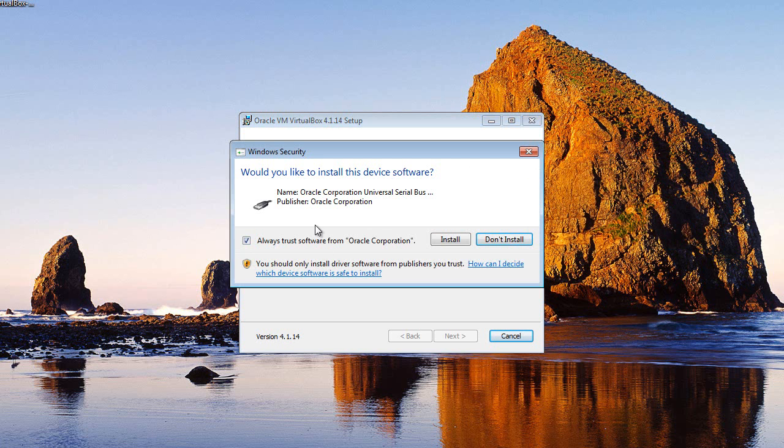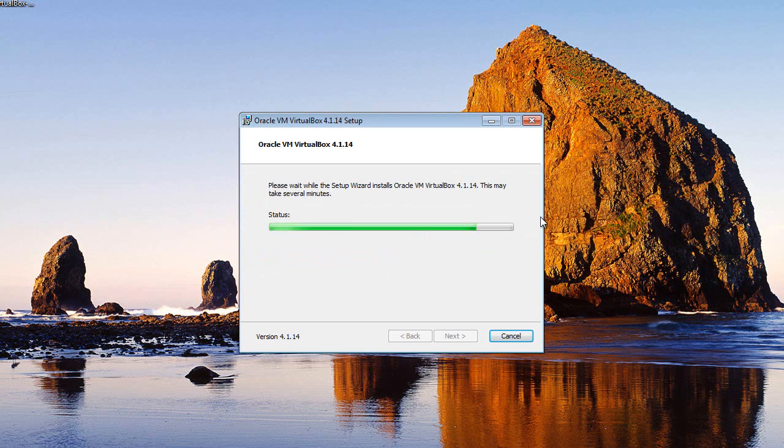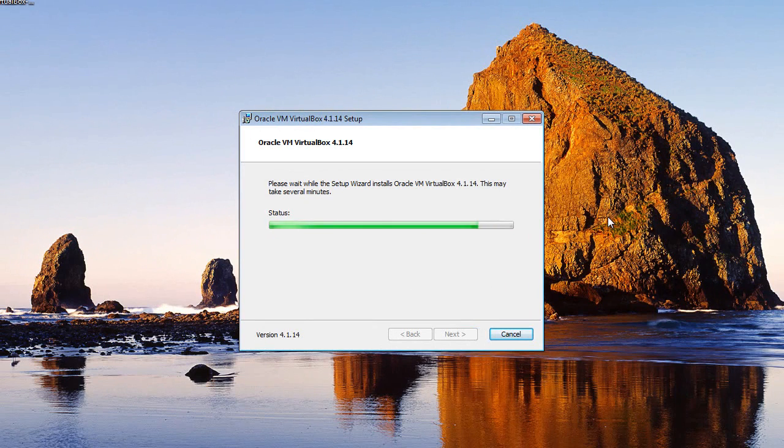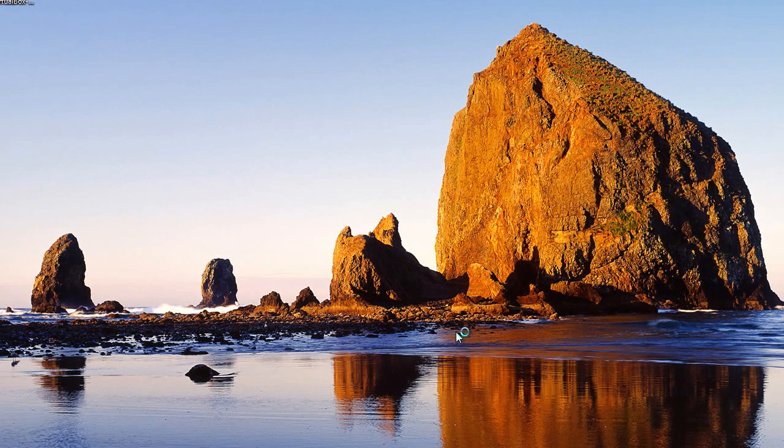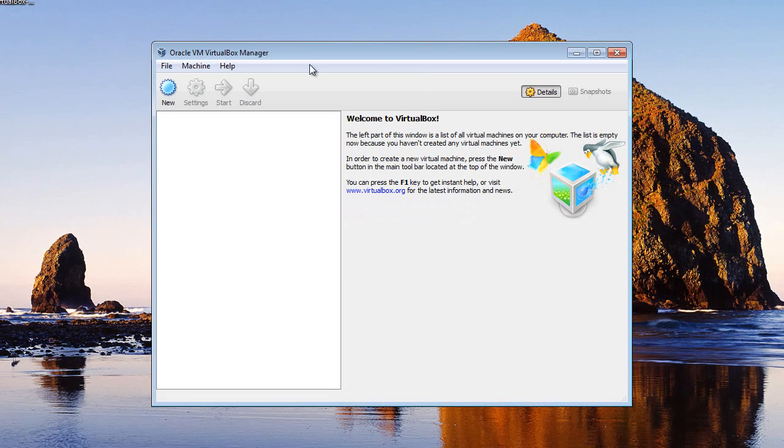Go ahead and just click Install. After this, there's no user interaction required at all, so I will fast forward here till the end of the install. Alright, it's done installing, and the application itself should pop up here. There it is. Now we can use VirtualBox to install Ubuntu,